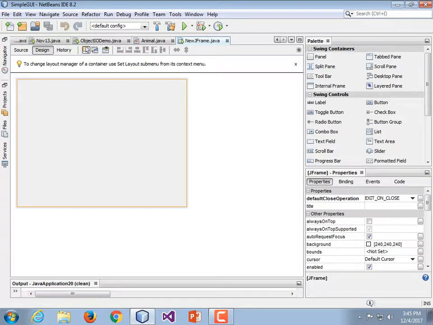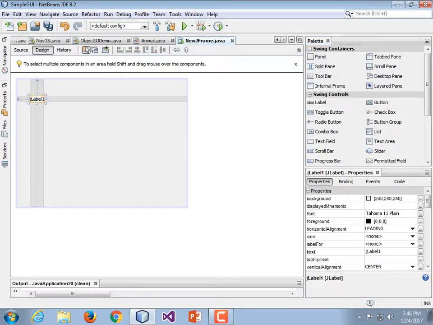Okay, and that brings us to a little form designer here. So we have these swing containers. This is using the Swing user interface library, and it's not the only one available to Java users. You have things like buttons and checkboxes and text fields and things like that. So what we're going to do, this is going to be a really rather simple one, is drag a label out there